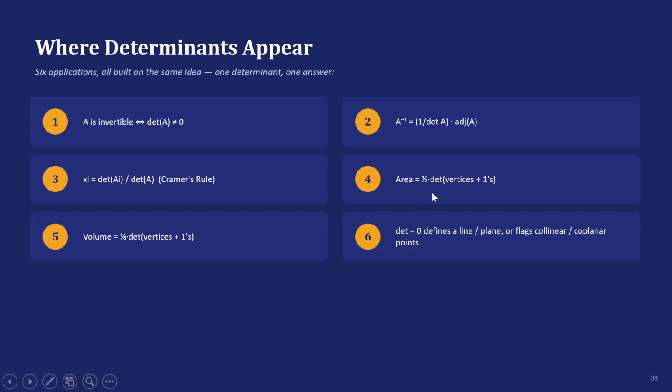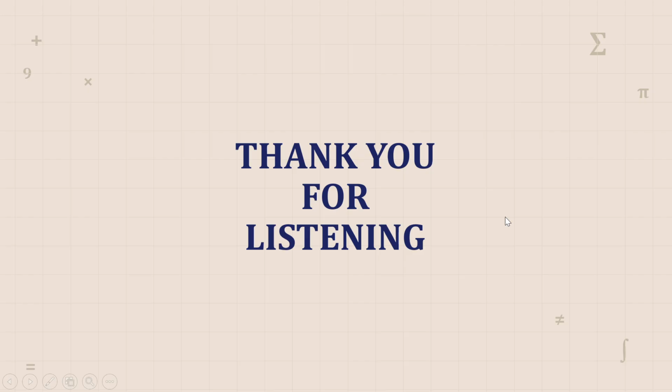Area is 1/2 times the determinant, and so on. And I hope so. What we will do is apply on the determinants. We have applications using the adjoint matrix. If I need the adjoint, using Cramer's rule and others.